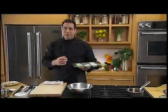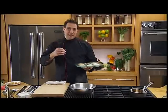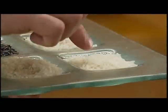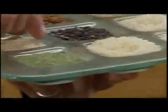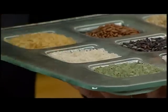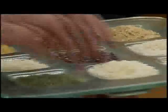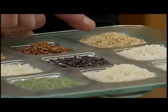What we have is basically 2 ways to classify rice. We have what you could call by size long grain, medium grain, and short grain rices. And in the front here you have a long grain. This was a basmati or a Tex-mati grown in Texas. This is a jasmine style of rice that is doing very, very well. Very new in the US right now, very heavily perfumed and comparable to any jasmine rice. This is a black japonica. Here in the front we have a short grain rice, and in the back a nice long grain brown and